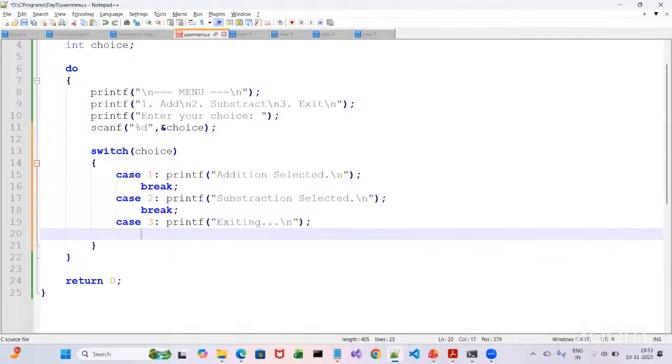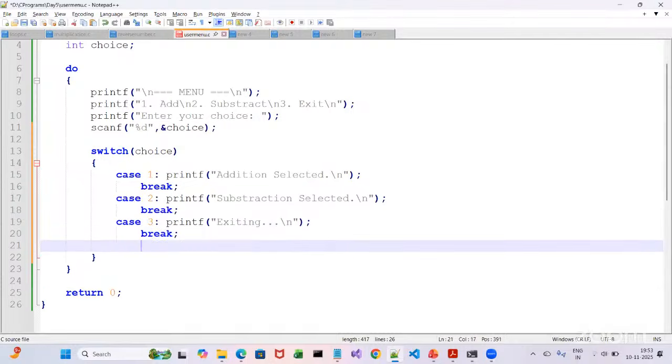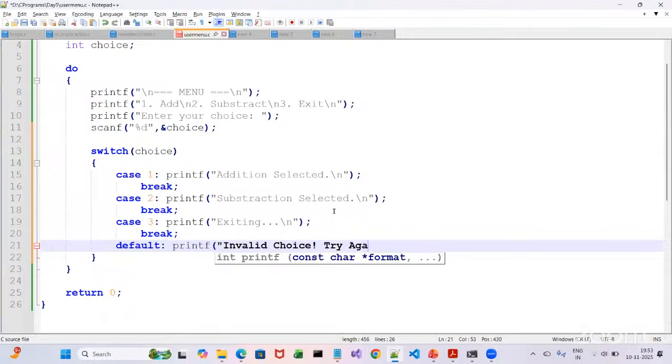Okay, and then you can write here break. And then we know that in switch case you can have the default if the case value is not matching with any of this which is written. So in the default, you can have the printf invalid choice. Okay, and you can ask the user to try again. Now that we have done all this,